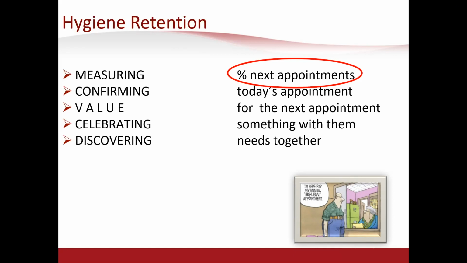Here's the good news. If it's 90, I'll give you $100. No, I won't give you $100 because we're not in a wagering situation. But if it is 90 or north of 90, take your team out to lunch and tell them what a fantastic job they're doing. 92.46, that's about as good as we can get. I have seen 100 go for a week or a month, but it's really not sustainable. But anywhere in the 90s, just celebrate. Do not try to drive that number up. Just celebrate. But if it is 70, which is the average,